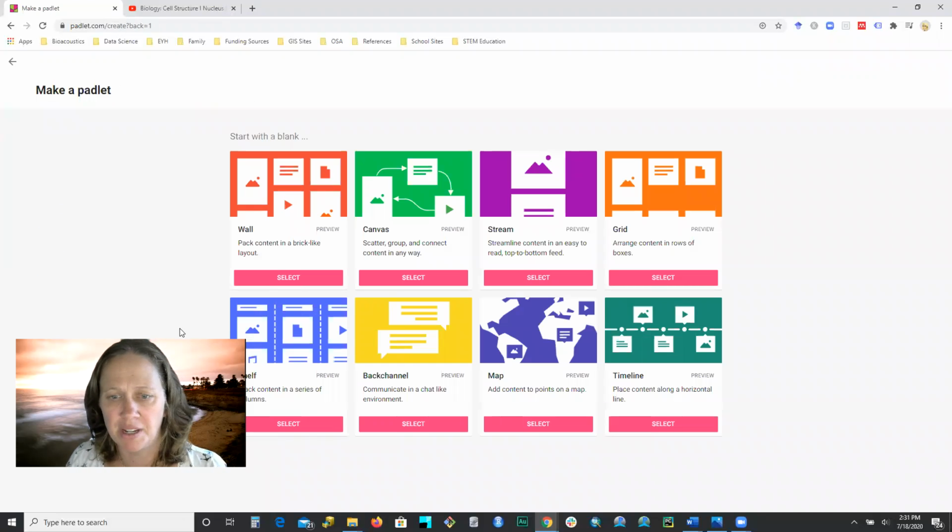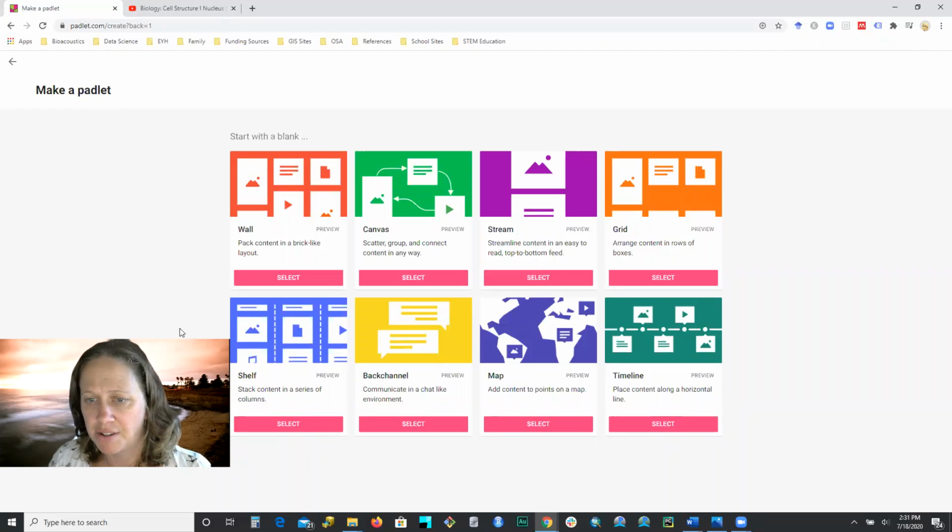We click on this button, it gives us a wide range of styles for the design of the Padlet. And really what this is, is a way of being able to share digital and online sources in a very intuitive and user-friendly way. So just selecting the correct format really helps even further guide your users or your students to the information that you're interested in sharing. So if you had a geography class or something along those lines, you might want to